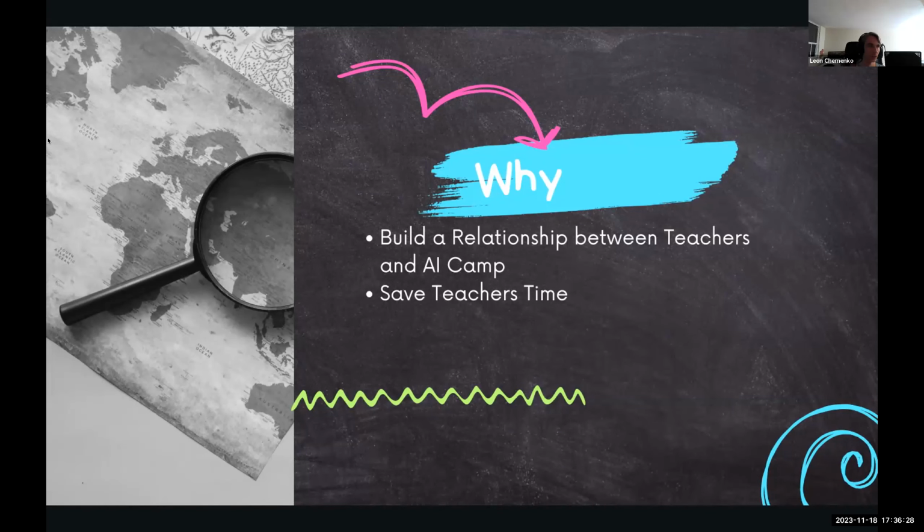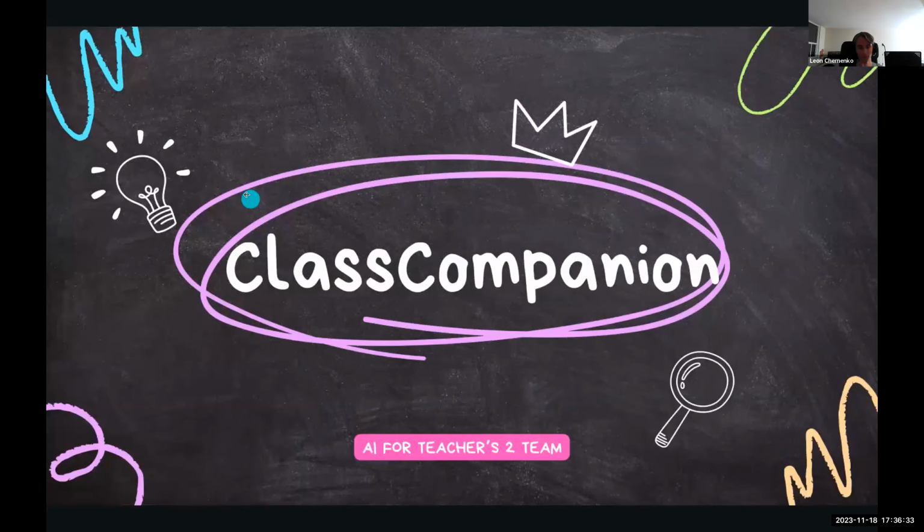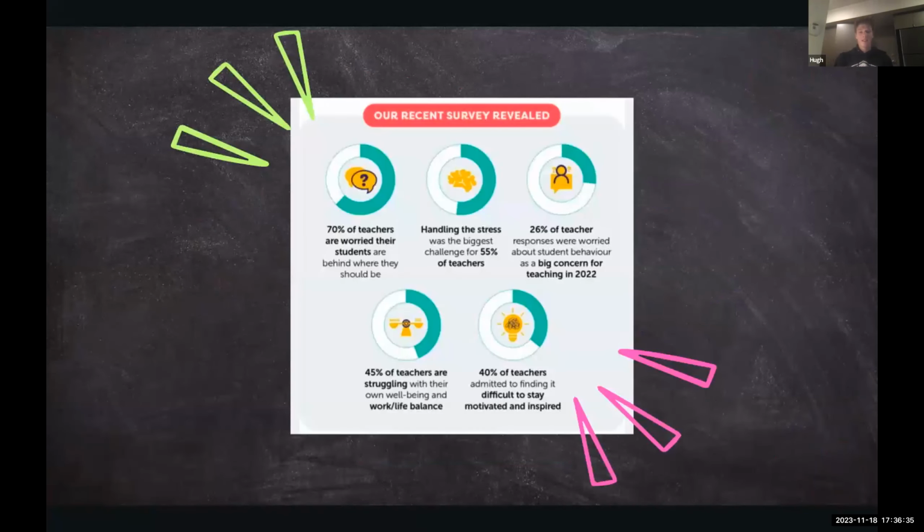Next slide. Trying to save teachers time is because what we know from the research we've done with our own teachers and online research, teachers are stressed. They have a lot on their plate right now. In the country that I'm in, at least, Canada, Ontario, there have been a lot of budget cuts for teachers, and we know they just have a lot going on. Class sizes are increasing while their resources are decreasing, and it's just not going well.